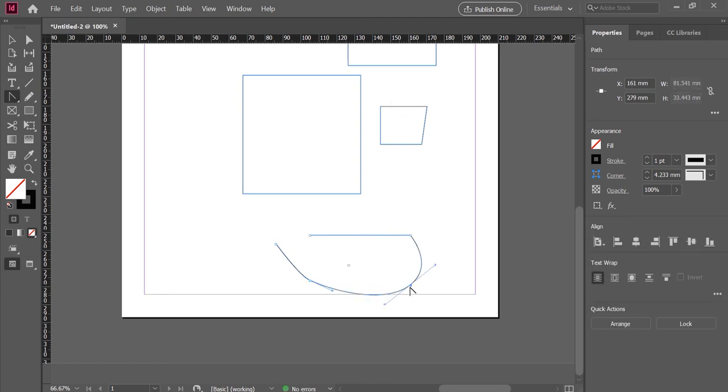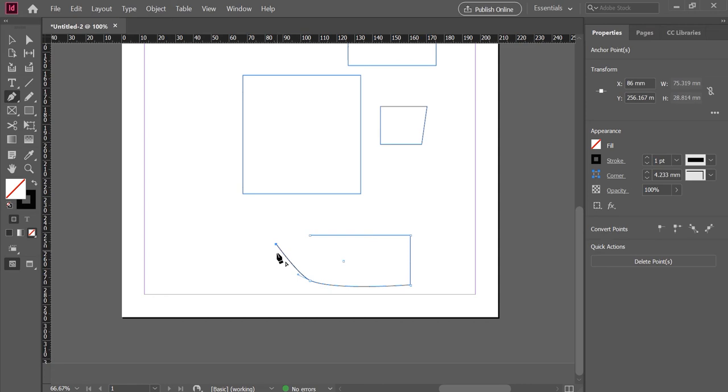Now if I just click once again, it will be changed to a fixed point again. Suppose I want to continue drawing from this area again, I will have to select the pen tool again, and if you just click once, you can see a minus sign. You can see a small straight line just below that pen tool. If you just click once, it will select that particular point, and it will allow you to continue that particular